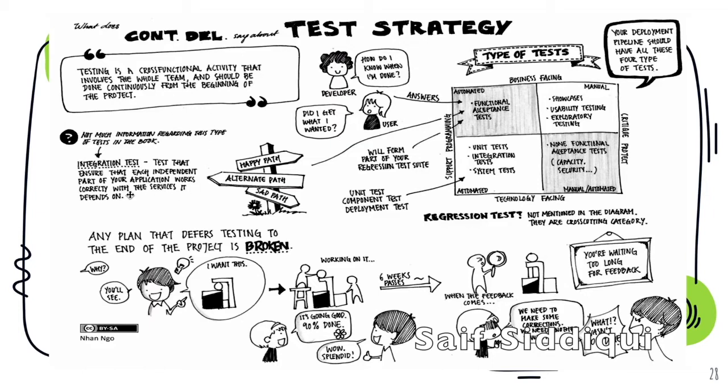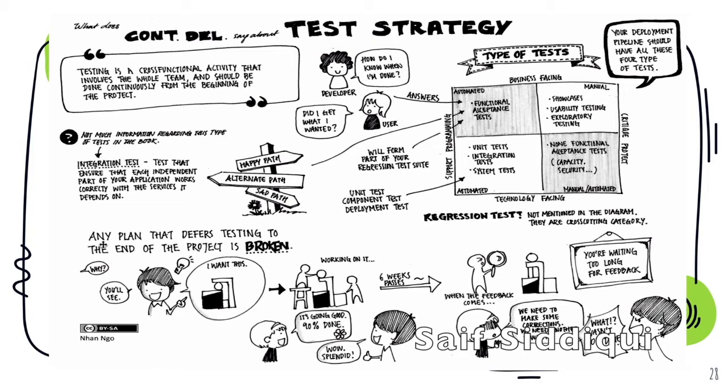From the integration point of view, we can follow happy path, alternate path and sad path. We are going to define the test strategy in such a way that we have some happy path, alternate path and sad path. So happy path means we are not performing any negative testing. Say for example, username and password for any user, if it is correct, it should be able to log in. So we are not going to test with an incorrect username and correct password, or incorrect password and correct username. And sad path is where we only test the negative aspect of the system, not the positive aspect. Alternate path means we are going to do a mix and match of both.